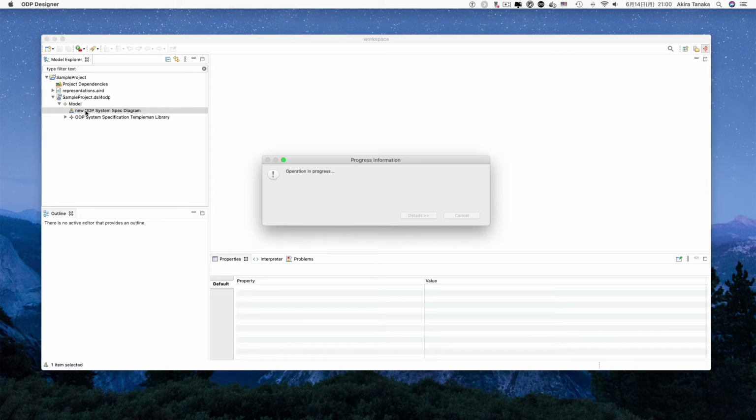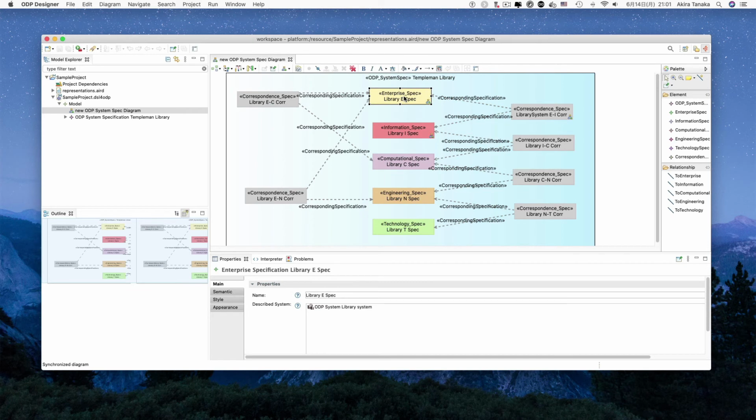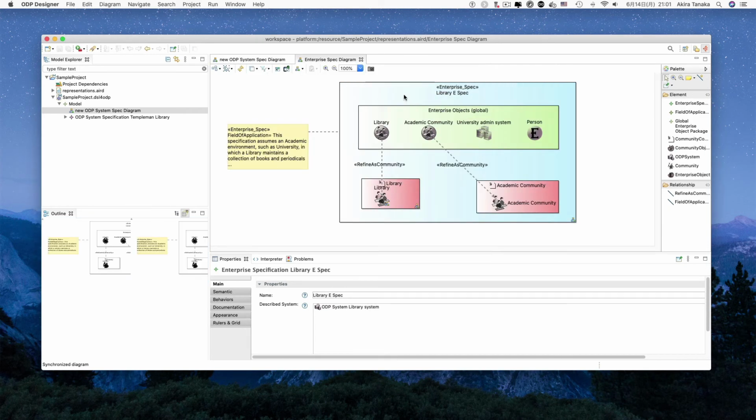Here's the top level diagram. See, these are viewpoint specifications: enterprise, information, computational, engineering, and technology. And this one is the correspondence spec between enterprise and information. Here you can see the mark saying this. You can double click this to open this spec. It's an enterprise spec diagram. It has